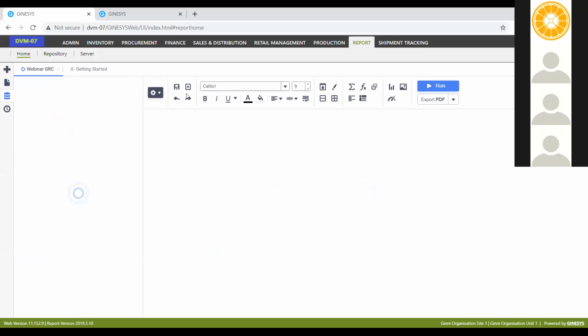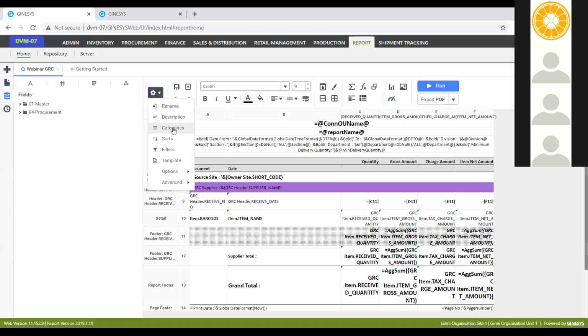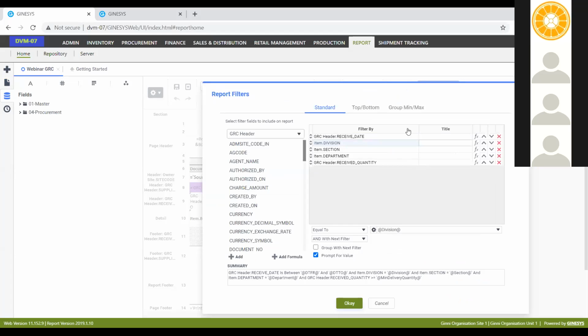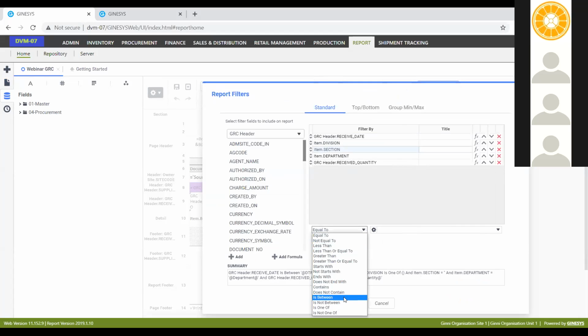Instead of using the parameters, what we'll do is go to the filter section, where we assign 3 parameters against the department's division, section, and department. Instead of that, we'll keep it prompted. We'll remove the parameter assignment and make it one-off, right? If you do this, it will give me an option for selecting multiple divisions, sections, and